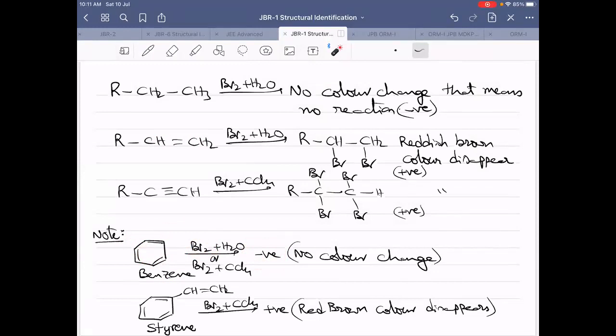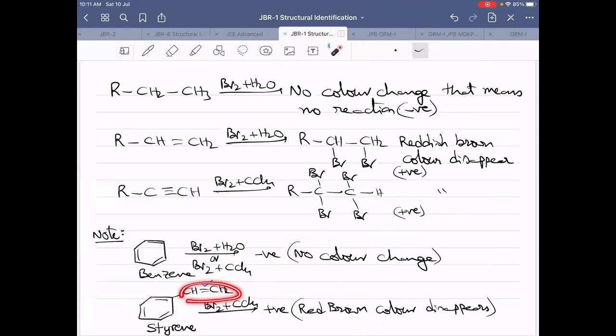So that itself we discussed. We use words like giving a negative test, meaning you are not getting any color change, whatever you have expected. But if you take some compound like this, it will decolorize the bromine water color. Why? It is not because of the double bonds of benzene. It is because of the pi bond, the double bond present outside the benzene. Understanding? It is because of this double bond which is decolorizing the bromine water.